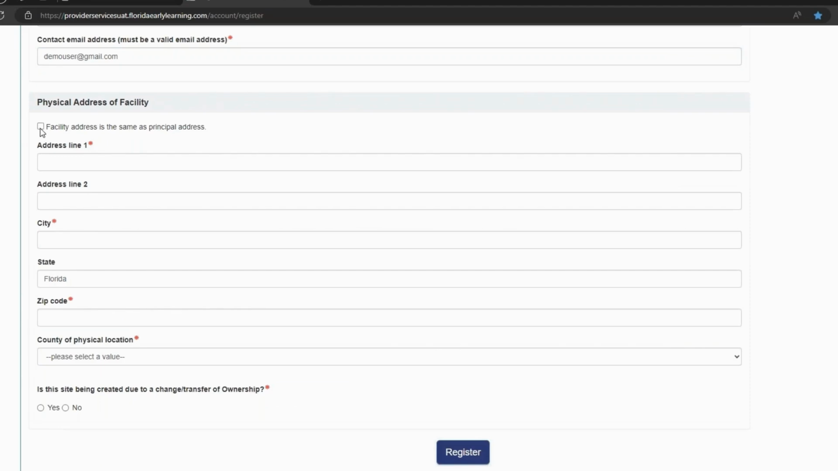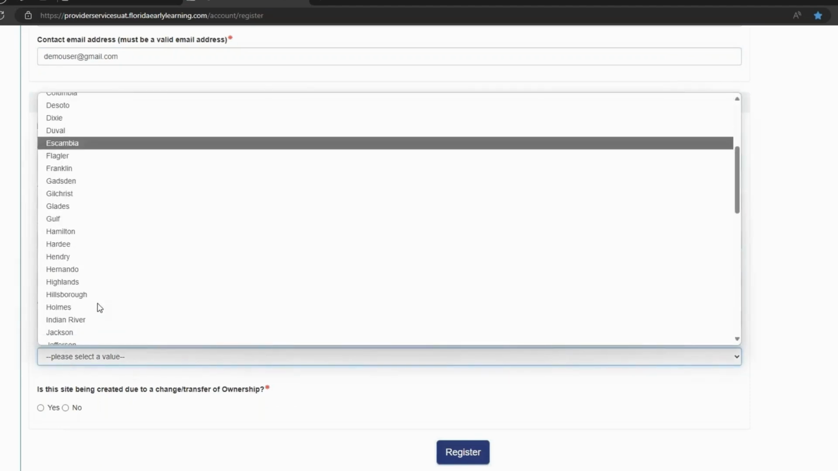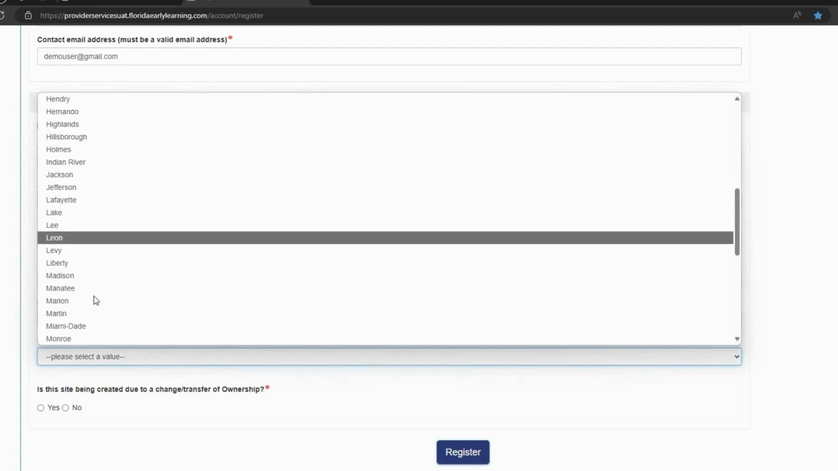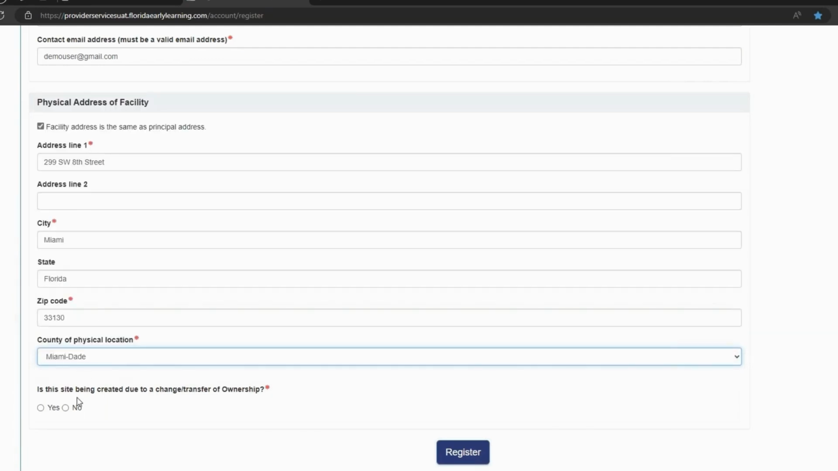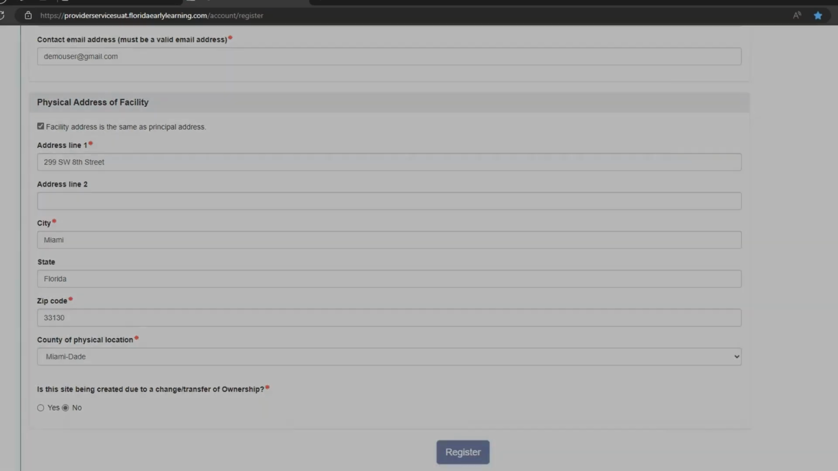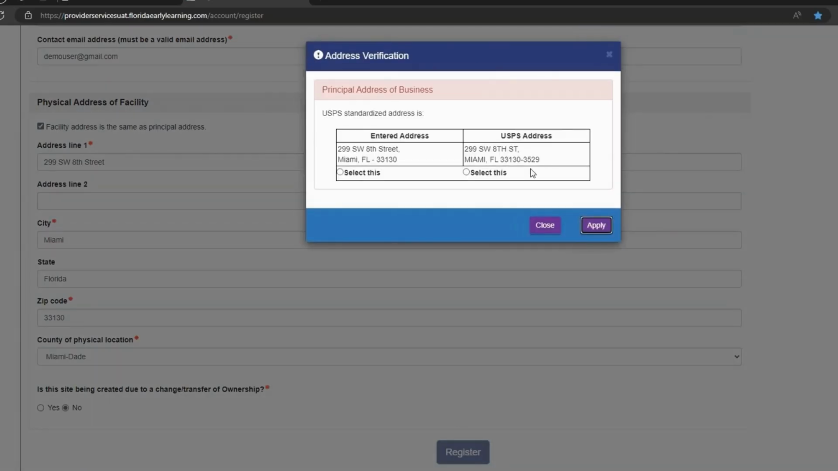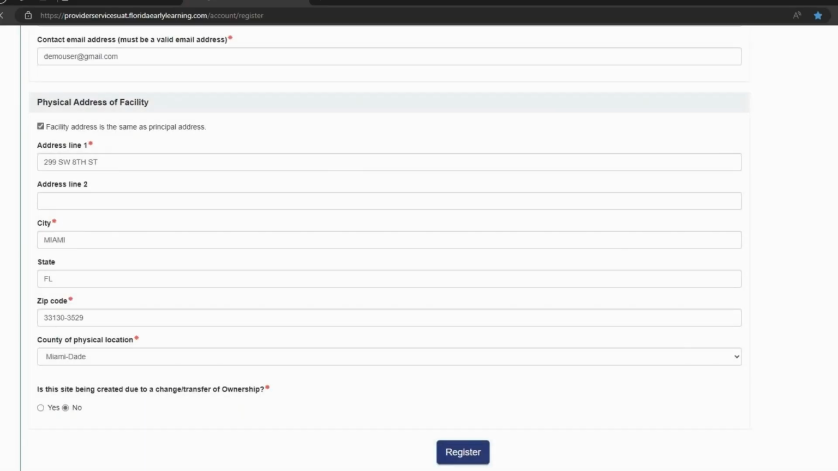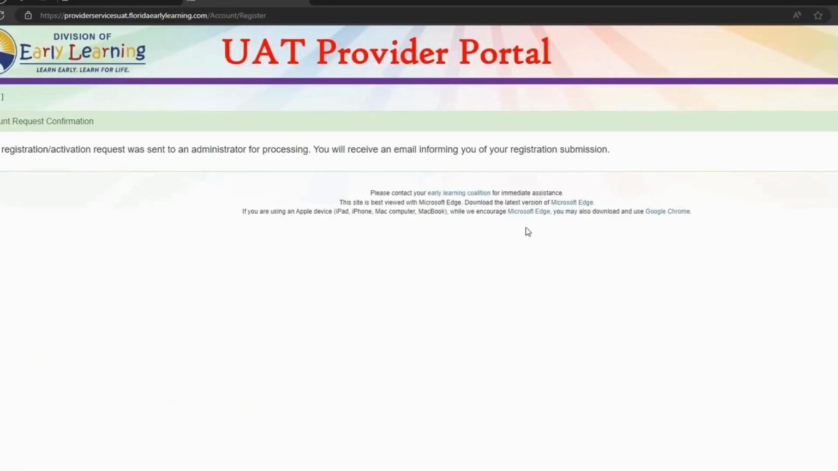For the purposes of this demonstration, Kim's just going to go through a standard provider registration, and we're not going to do an ownership change, but the ownership change will function the same way as the regular registration, just with those additional questions. And this is that address validation. And once the account has been submitted for registration, the providers will receive this message and receive an email